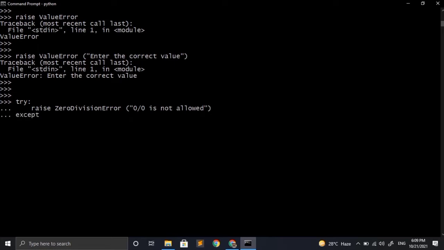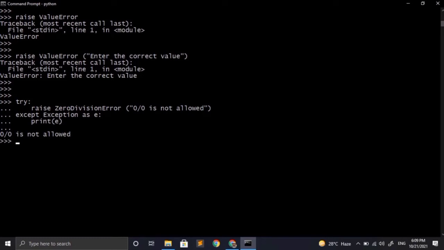This time I will be writing except Exception as E, where Exception is a keyword. This will catch the errors that can be handled and will also print the error. But if some OS based error or interrupt based error happens, then it won't catch that and our program will fail. So inside this I am printing E, which will show my custom message or my error type. So here we can see that we have raised an error using the raise keyword. It was handled using the except block and we can also see our custom message, which is "0 by 0 is not allowed".